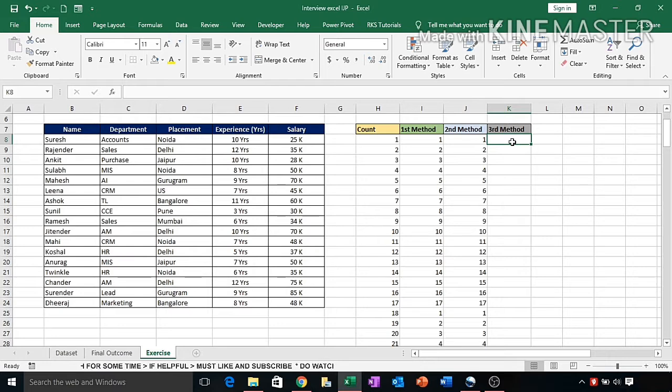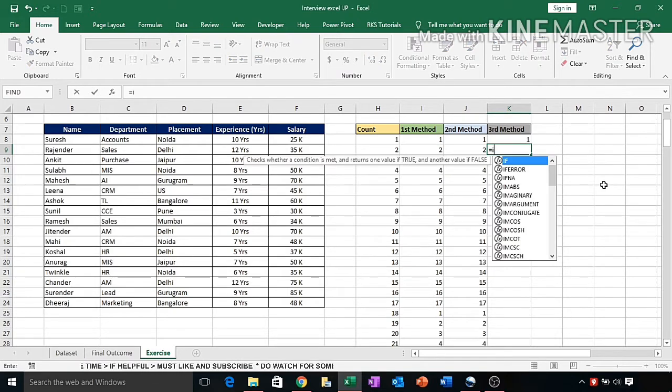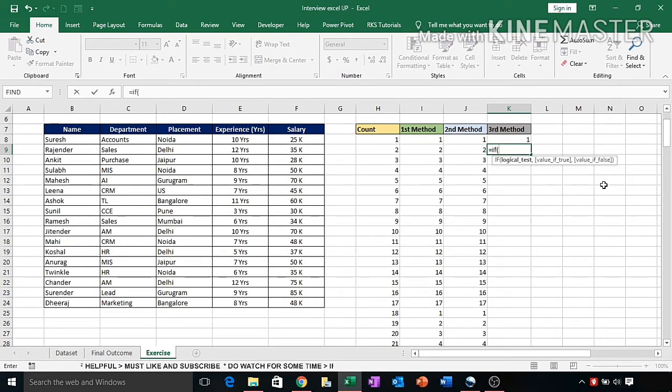In the third method we use the COUNT and IF functions together and find the same values as in methods 1 and 2. So let's check how. We enter 1 in the first cell. Now we start applying the formula: equal to IF, bracket start, COUNT.